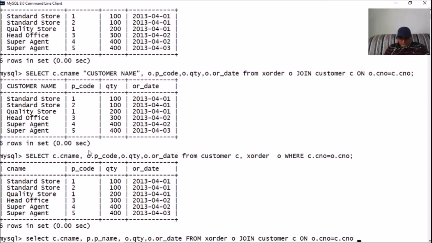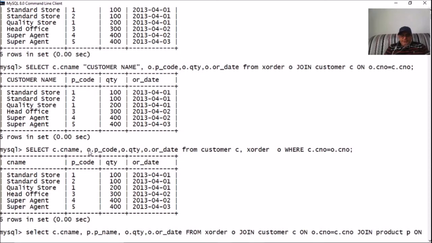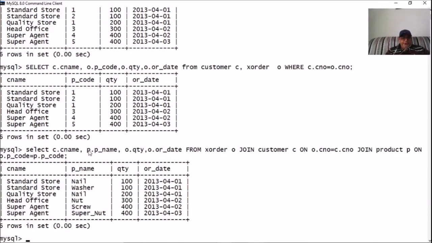So join, what's the name of the table? Product, and the alias for this is P on the specification of the common field, that is none but O dot P code equals to P dot P code, and here is the answer.